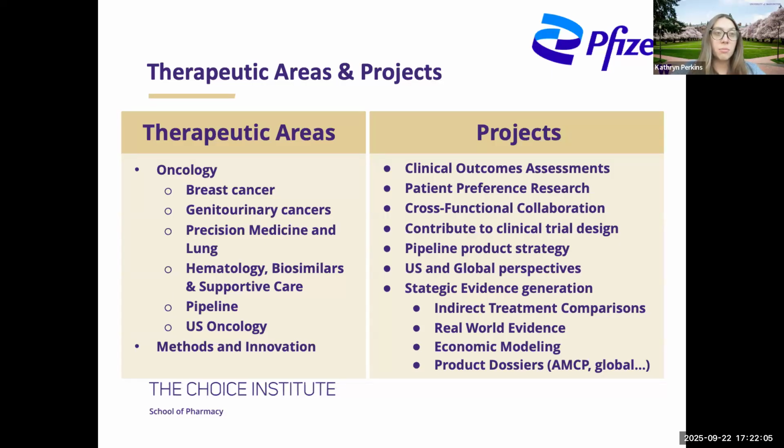Then we have, similar to how Rachel talked about the Centers of Excellence, we have a methods and innovation team, which is where our patient-reported outcomes or clinical outcomes assessment team sits. Also our modeling experts, and people that put together trainings to help support and make the overall HV&E team better. Some additional HV&E therapeutic areas that exist at Pfizer include specialty care, which has hemophilia, rare disease, rheumatology, dermatology, primary care, which is migraine, cardiovascular disease, and then vaccines, of course.